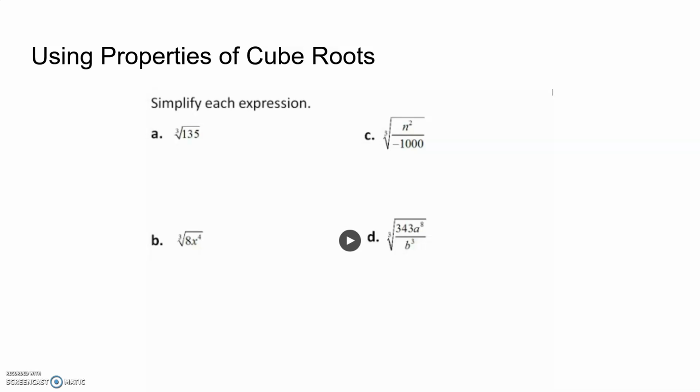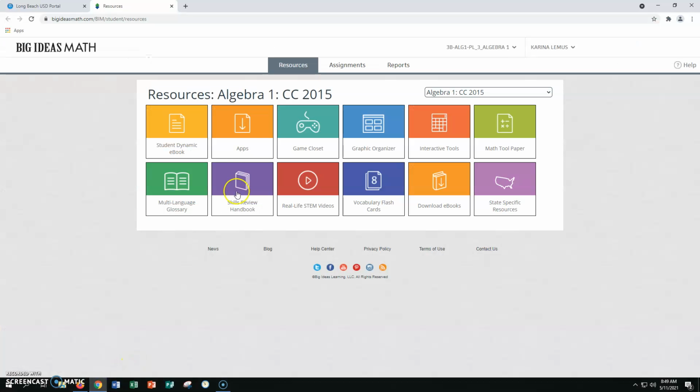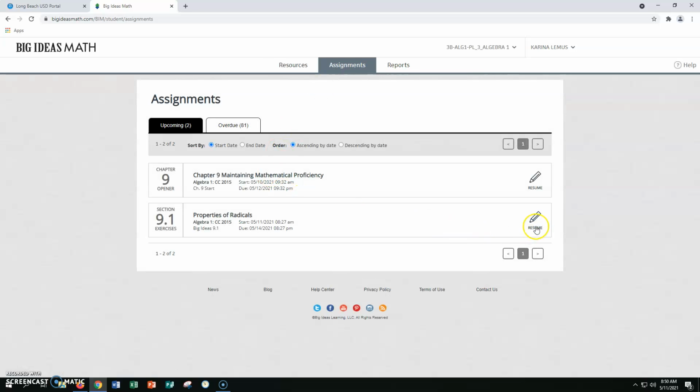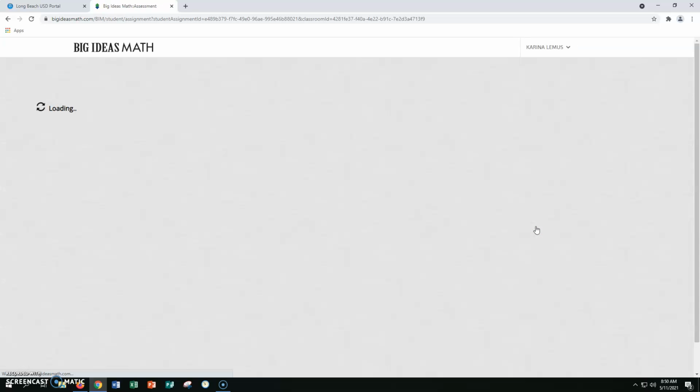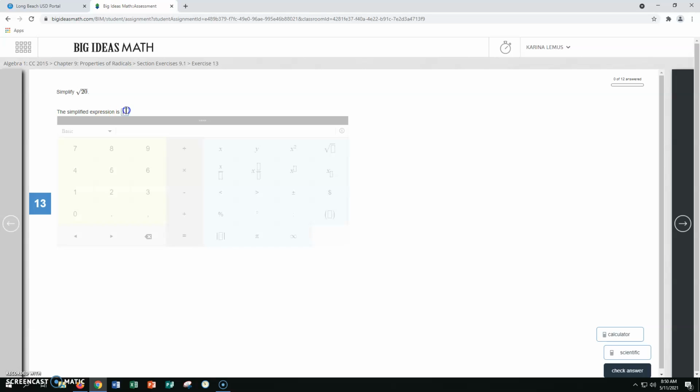All right, if any of the videos were hard to hear, remember you can also pull up the slide deck on your own and play them. After this is all done, you'd want to go to the assignment, and I'm pulling that up right here, and there's 12 problems. Keep in mind when you do those, you may have to use the symbols over here, but that's